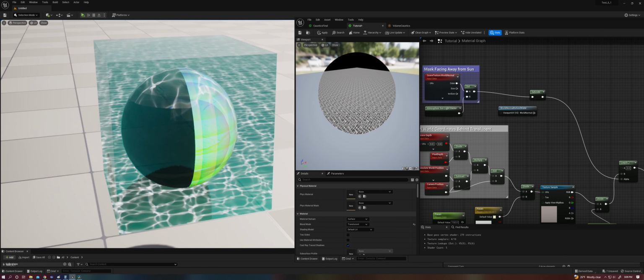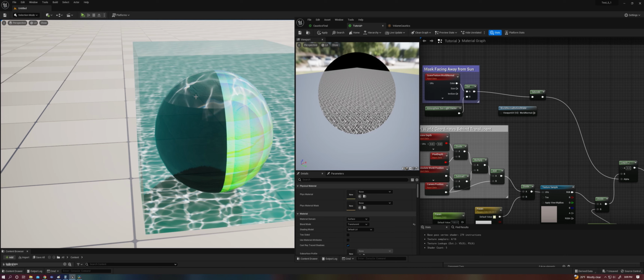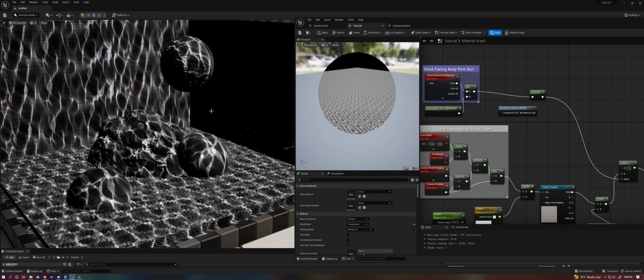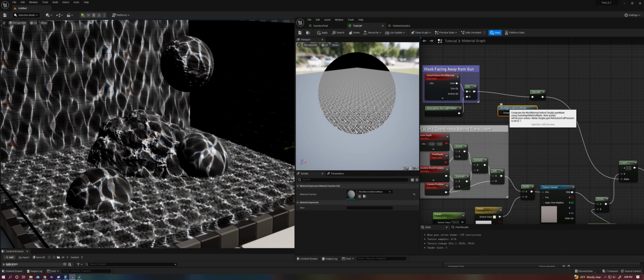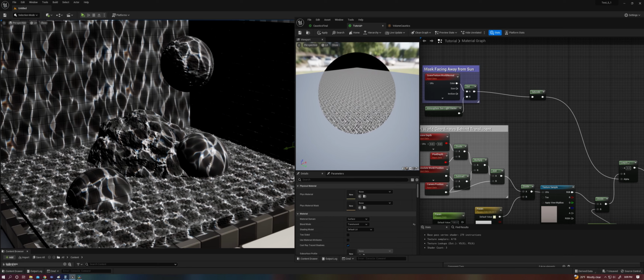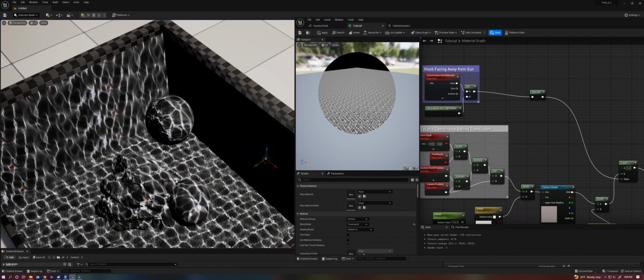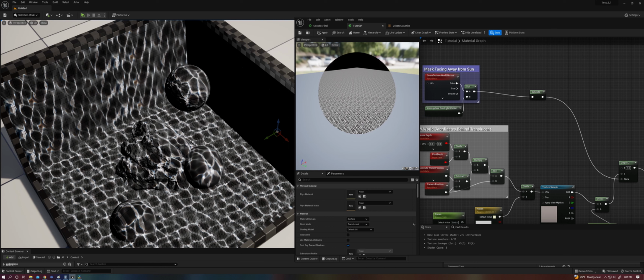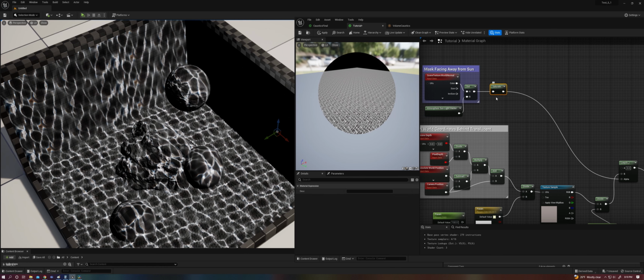But again, just like I mentioned earlier, this is going to give you this faceted look. It's not going to be a smooth normal, so you might not want to handle it in that specific way. But it works okay, especially, again, if you are looking at the water primarily from above, and because of that, you aren't really going to see the back side of objects where that masking is happening all that much, but just something to think about. So the next thing we should probably do is